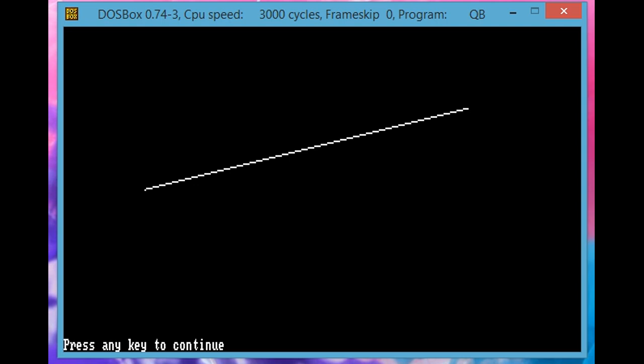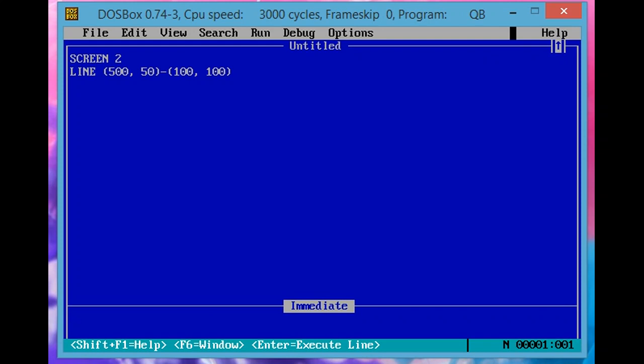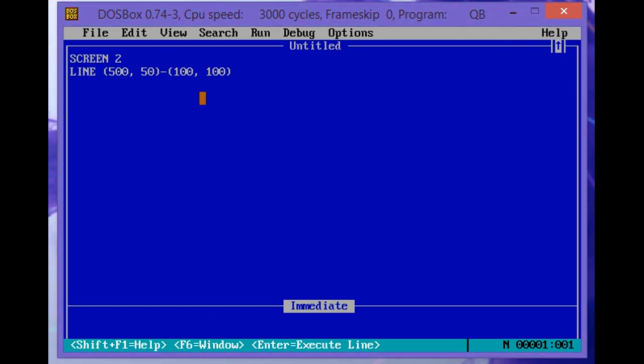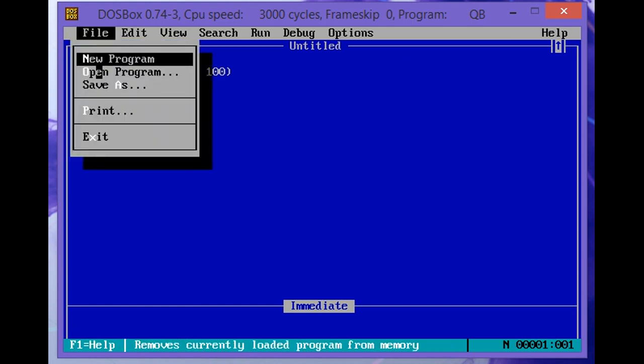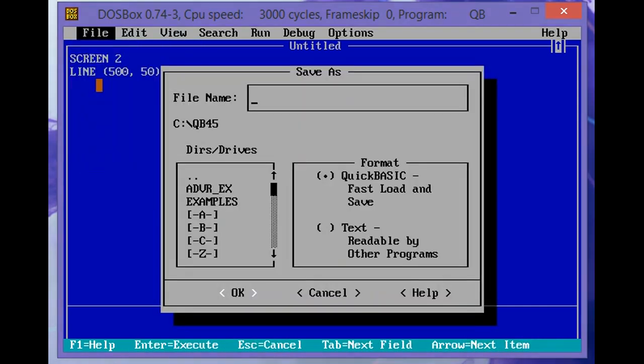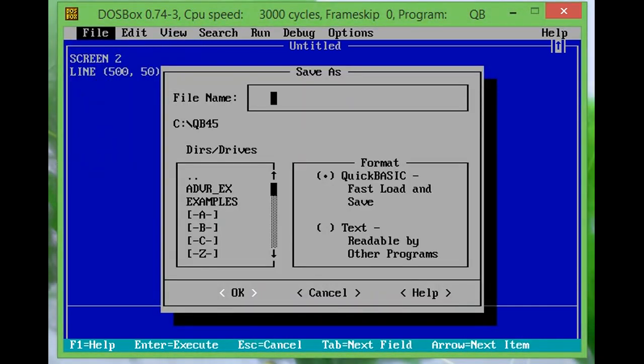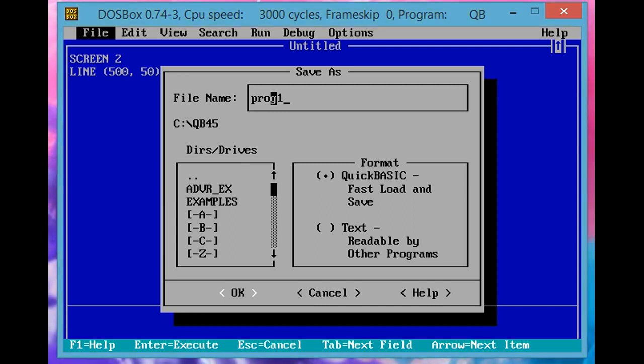Next is saving a program. Press any key to go back to the programming screen. To save your program, click on File, click on Save As, type your file name, program1, and click on OK to save your file.